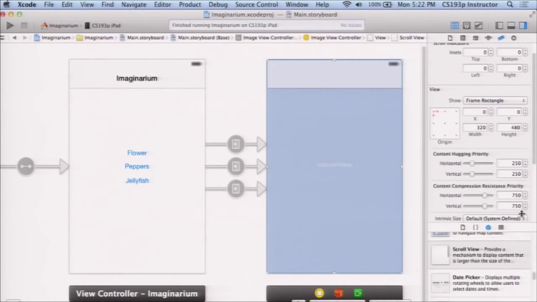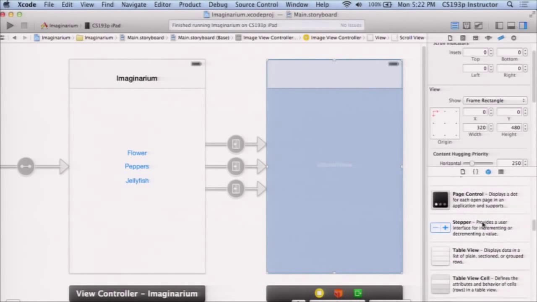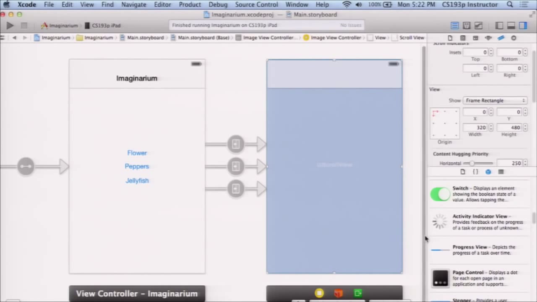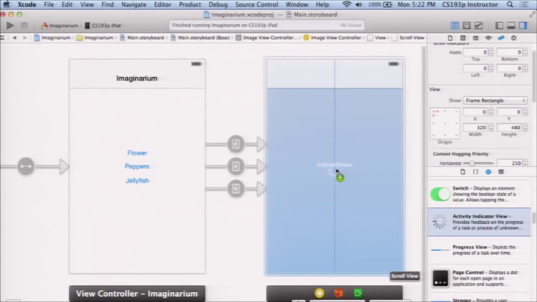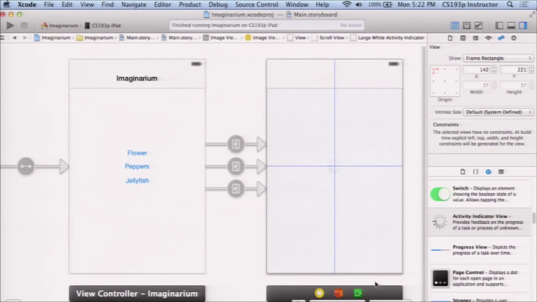UI activity indicator, which is towards the top here. It even looks like a spinning wheel. So this is the little spinning wheel that you've seen. So I'm going to drag it in here. Now, this is going to be a good opportunity to talk about document outline. So when I drag this in, okay, that's great. It seems